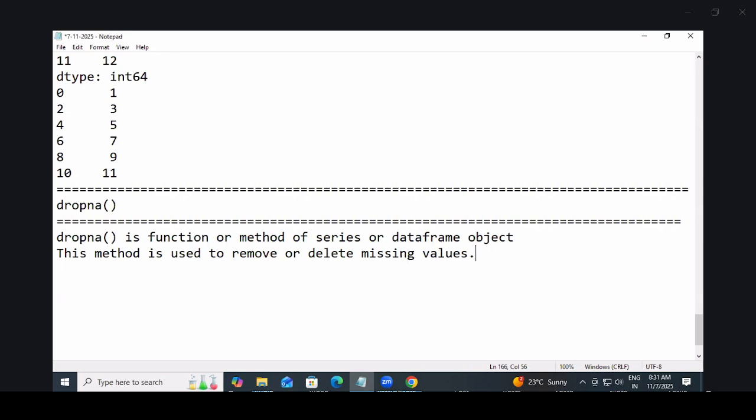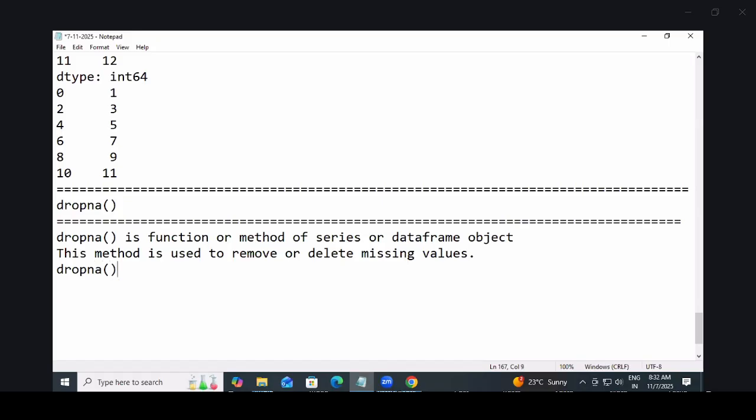But what will happen when you're saying series? What does a series represent? A column with multiple rows or not? Yes. It means the row which contains the missing value, that row gets what? Deleted. The row which contains the missing value, that row is what? Deleted. If you apply this drop NA,